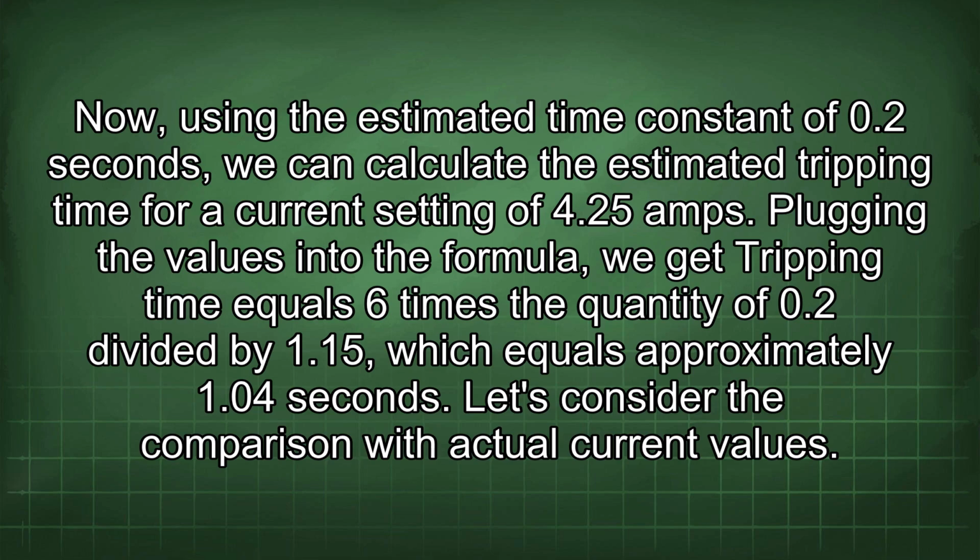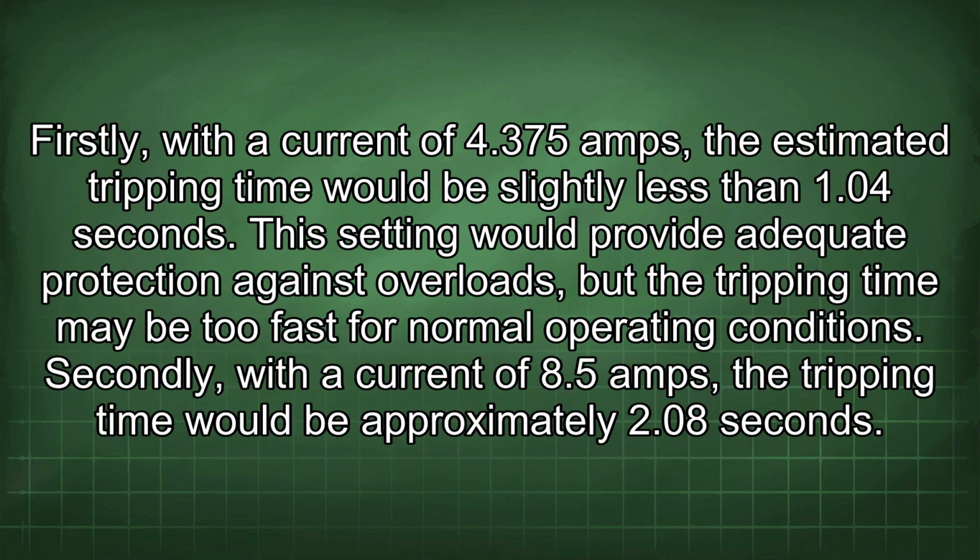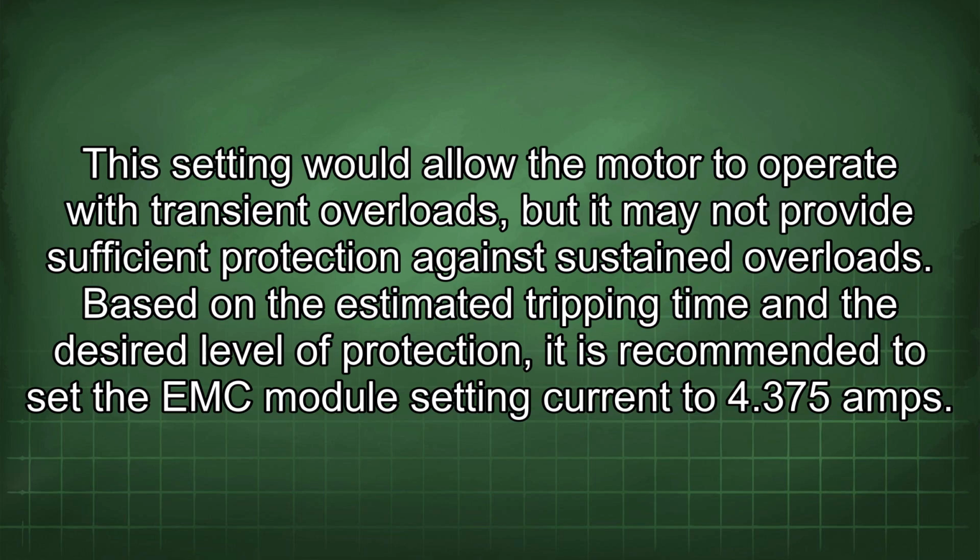Let's consider the comparison with actual current values. Firstly, with the current of 4.375 amps, the estimated tripping time would be slightly less than 1.4 seconds. This setting would provide adequate protection against overloads, but the tripping time may be too fast for normal operating conditions. Secondly, with a current of 8.5 amps, the tripping time would be approximately 2.8 seconds. This setting would allow the motor to operate with transient overloads, but it may not provide sufficient protection against sustained